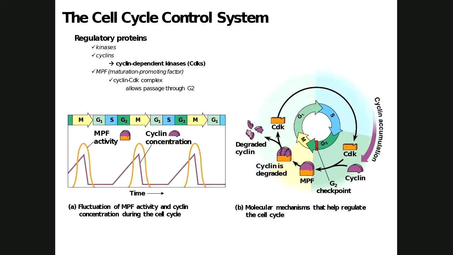So let's look over here for just a second. So here's the cell getting ready to divide. There's synthesis, S. Here's G2, the cell's getting ready to divide. As the cell enters into G2, this protein, cyclin, begins to accumulate. There's cyclin right there. And the other protein, this CDK, that cyclin-dependent kinase, it's there all the time. Cyclin accumulates as we move into G2. When enough cyclin accumulates, it binds to the CDK and makes that maturation promoting factor. That combination, this right here, stimulates the cell to divide.